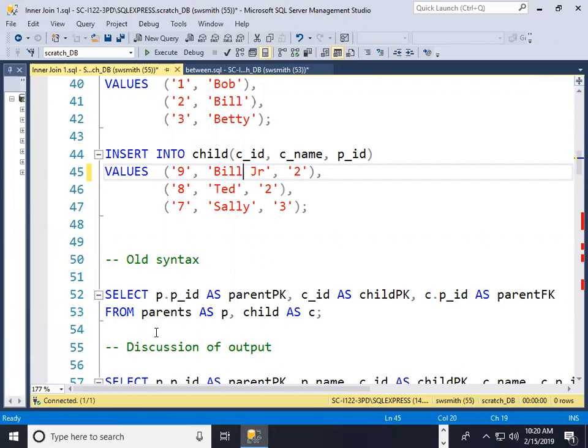the question is, will I lose integrity? It depends on what you mean by integrity. Integrity would mean if I have a child that has a parent, if I had a parent 4, and I have parents 1, 2, 3, I don't have a parent number 4. So if I had a 4 in the child table, I would be violating database integrity. By simply having a child with no parent, that is not a violation of integrity